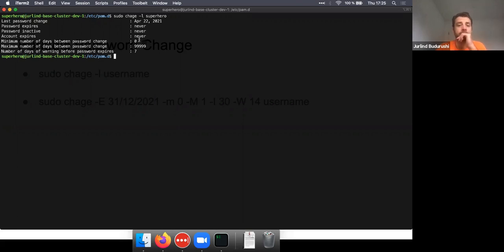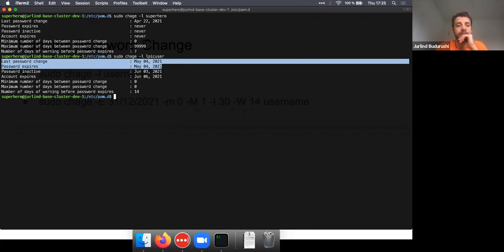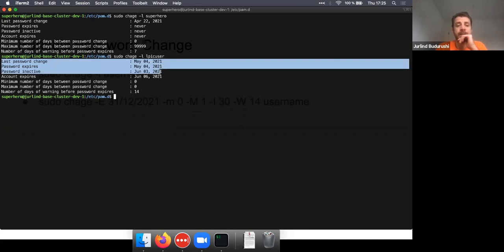Let me take the LPIC user. And as you see here, you have the last password change, password expires, password inactive, and account expires, right? So the number of days before the password expires. And by setting those